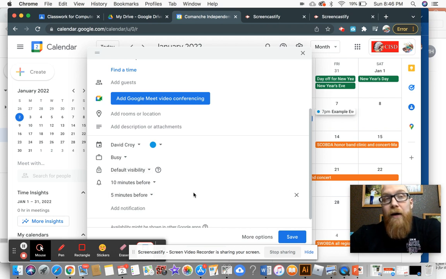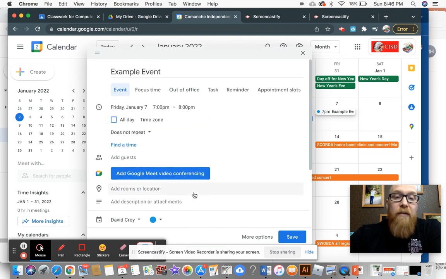That way, because I don't know about you, but for me, I tend to want a couple of notifications that an event's going to happen, not just one. Okay, and you may be someone that needs 3 or 4. So you can add several of them in there, and that way it'll just continue to pop up, especially if you have your Google Calendar prominent on your phone, and that way these notifications will continue to pop up to remind you of things. You could very easily put on here,